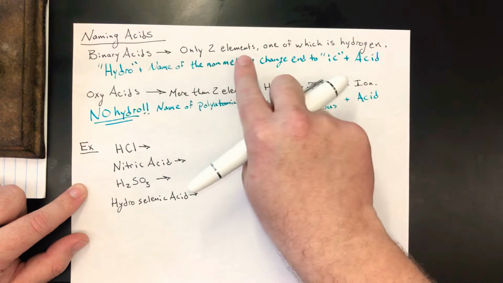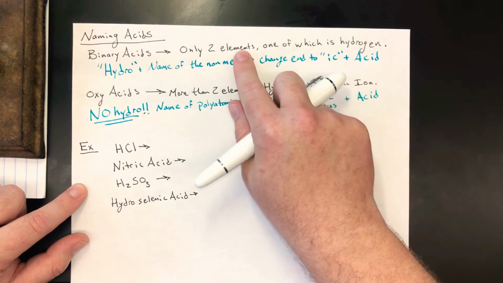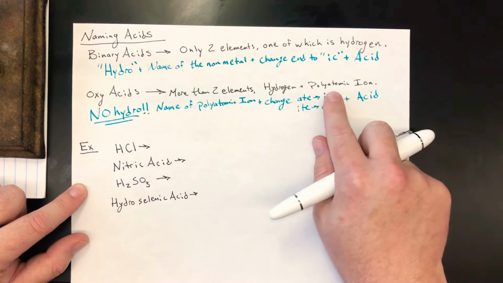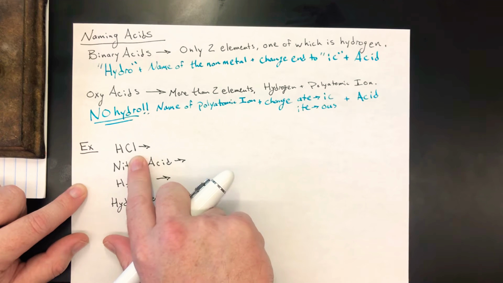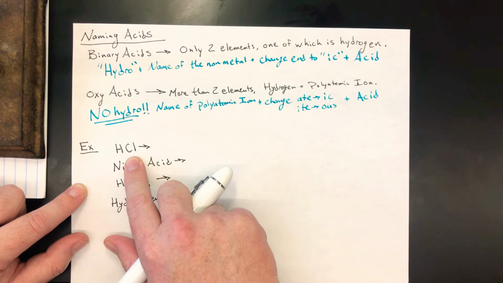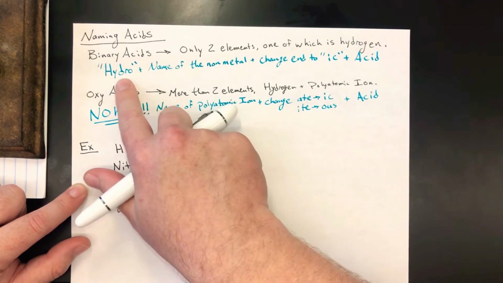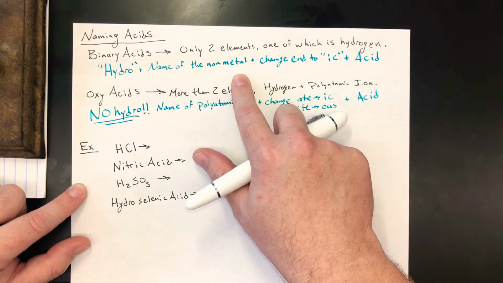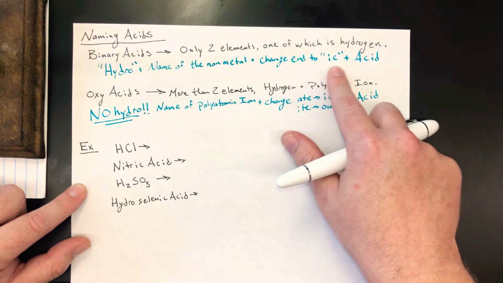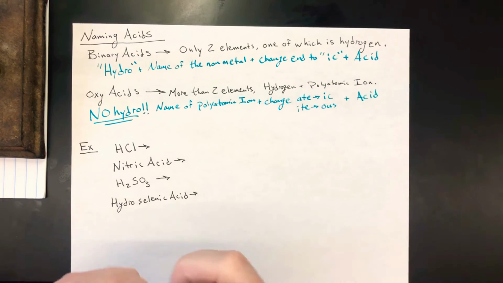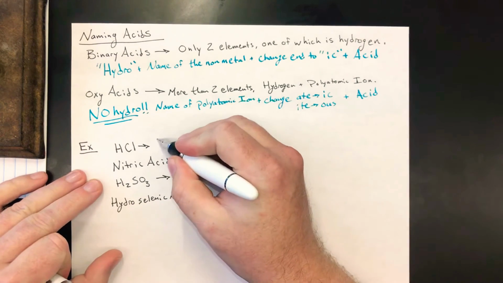Binary acids have just hydrogen and another element. Oxyacids have polyatomics. I don't have a polyatomic ion. I have hydrogen and chlorine. So I'm going to use the word hydro, name the nonmetal, change the ending to "ic," and then throw the word acid on there. So if it's HCl, I would call this